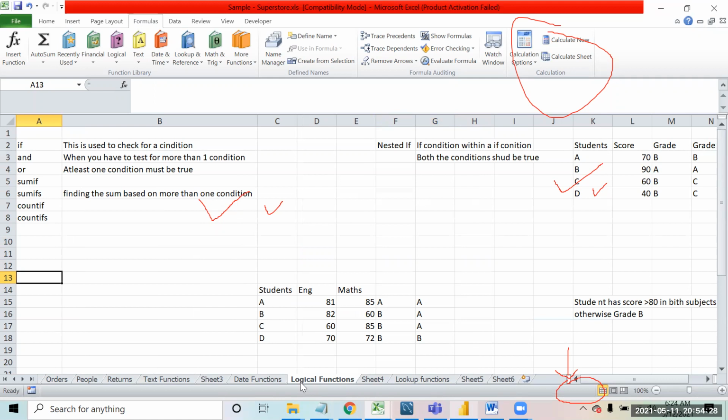So with this, I think we'll come to a pause for today. We have done a lot of stuff. The major heavy chunk of your Excel is done. Tomorrow, we will start off with pivot tables. We will see how to work with pivot tables, and then how to work with charts. And today I will share some more assignments and exercises which you can work on. I'll upload them on Google Classroom and you can pick them from there.